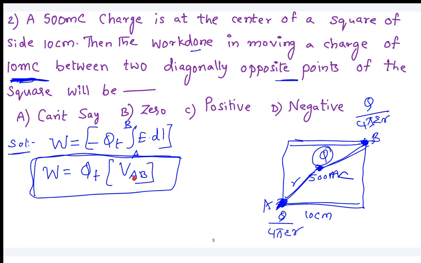Repeat? Which one do you want me to repeat? The same thing. Work done is nothing but the charge into the potential difference. The test charge you are moving is of 10 millicoulomb, right? And the potential difference at point A and point B. So when you are moving from A to B,